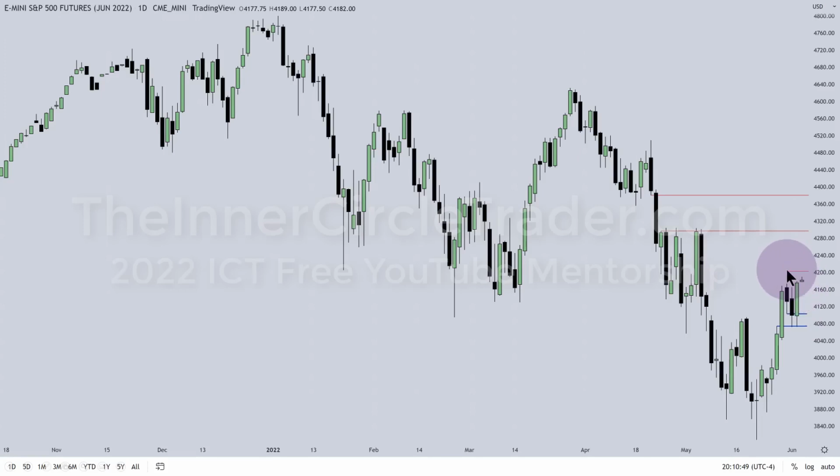Next buy side liquidity is this short-term high here. And then if we can get some acceleration on the upside, we have relative equal highs up here in that fair value gap. Okay, so